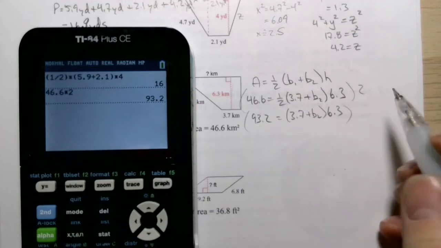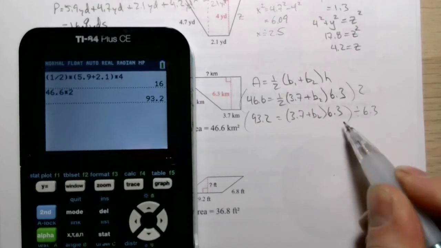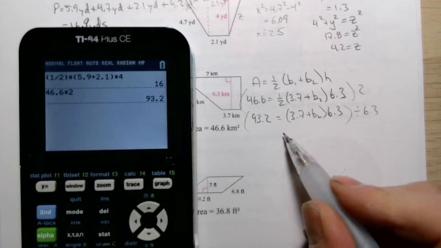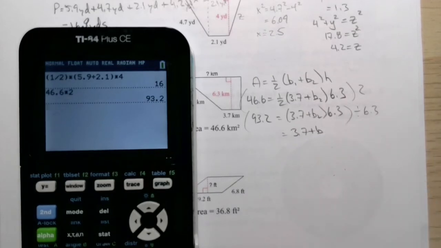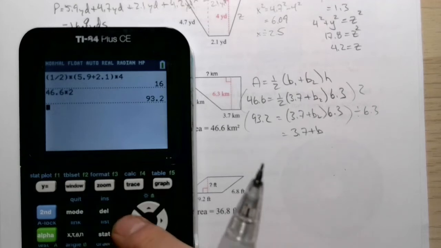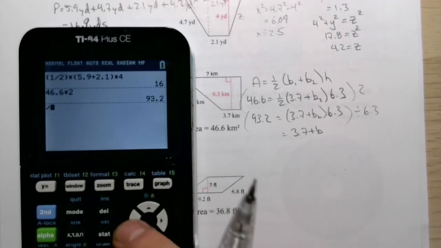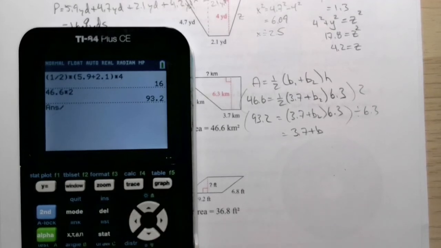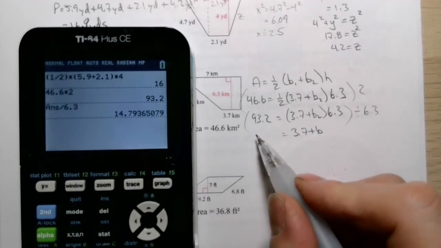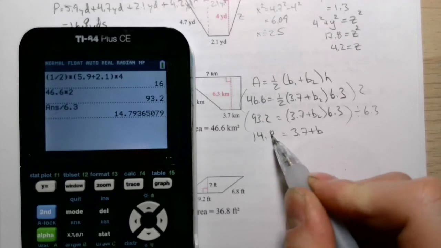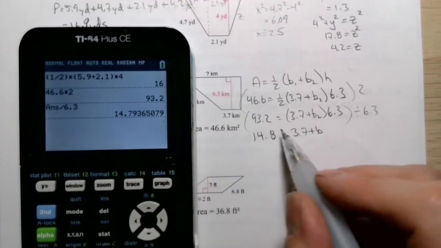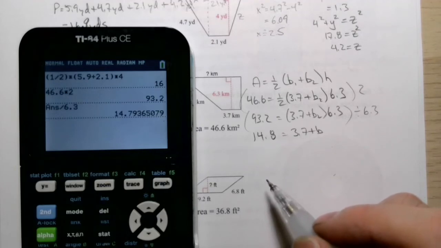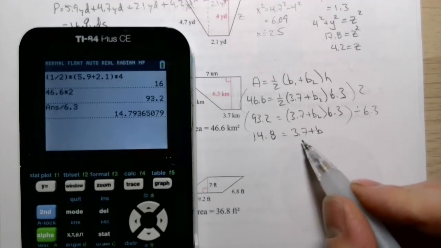Then I'm going to take both sides of the equation and divide by that 6.3. Now, on the right-hand side, all that's going to do is get rid of my 6.3. But on my left-hand side, it'll be 93.2 divided by 6.3. Okay, and I'm getting 14.8 when I round that. Again, I'm going to leave it like that for now, but over here I'm going to write it rounded to the nearest tenth. And now I'm going to subtract